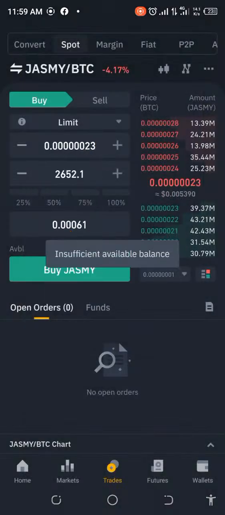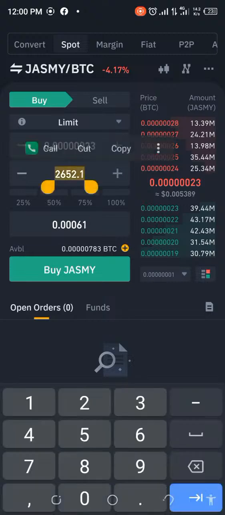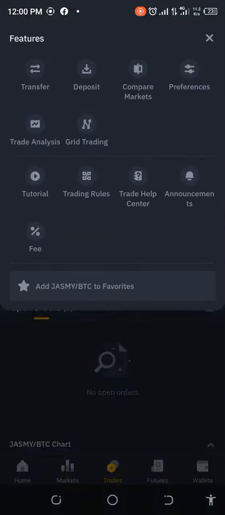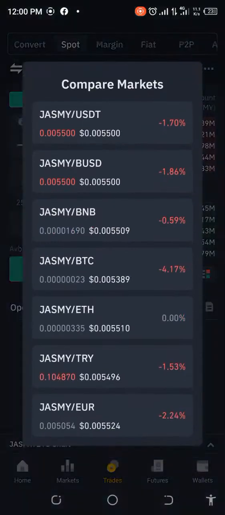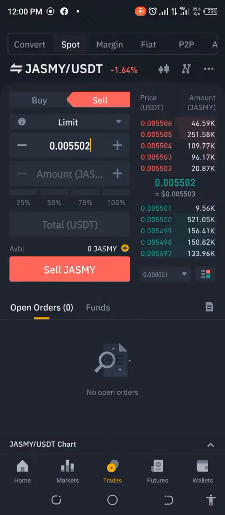We're still simulating right now. So we're going to get 2652. Don't forget, charges will be removed, so it's always best that you remove some, let's just make this 2649. Okay, 2649, 2648, something in that range. Let me just copy that. I'm going to remove the charges. In this simulation, we have to make sure that whatever we get is as close as possible to what we want. Then we're going to try and sell back to USDT